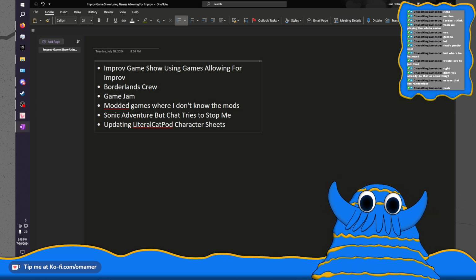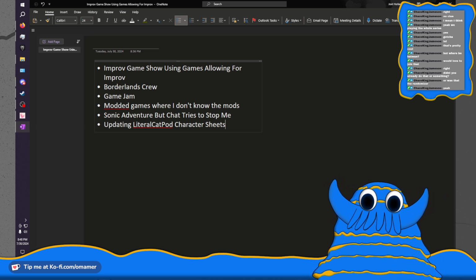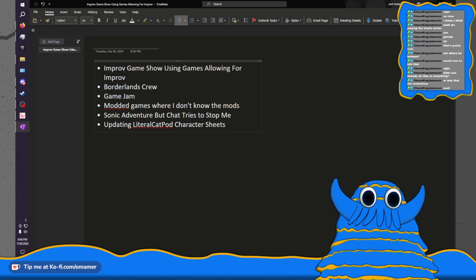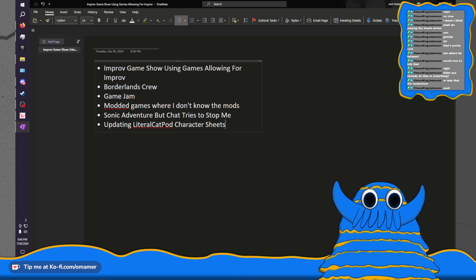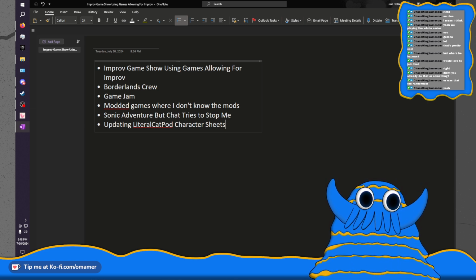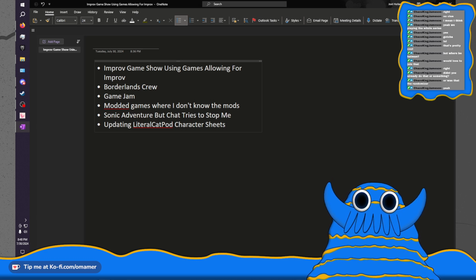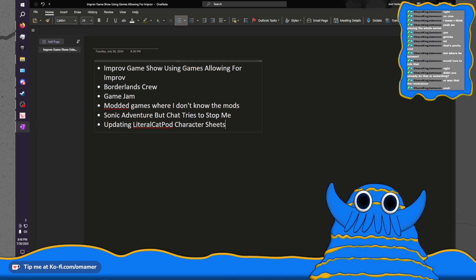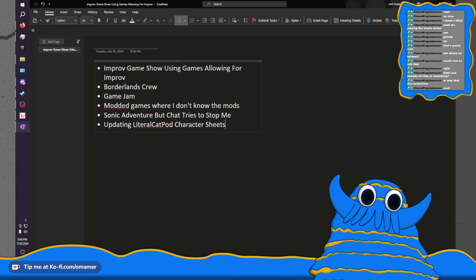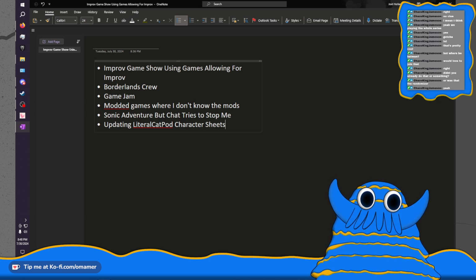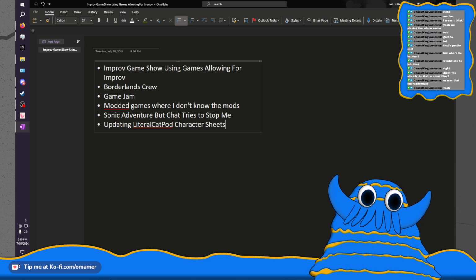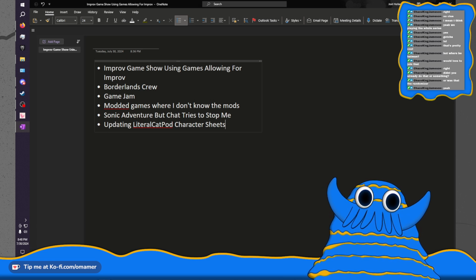Or even better, not necessarily just updating literal Catpod character sheets, because here's the thing. Our show has been going on long enough at this point that some of the games that we've covered have received updates. Like we did Fellowship 2nd Edition. Fellowship 3rd Edition is in development. Queers technically isn't out yet. We've already done it based on the starter rules. We did the Marvel Multiverse tabletop RPG before it had an official release, based off the beta test.